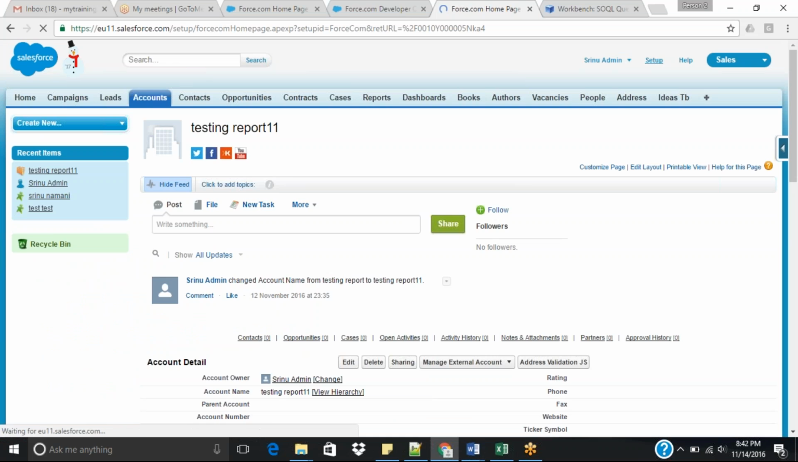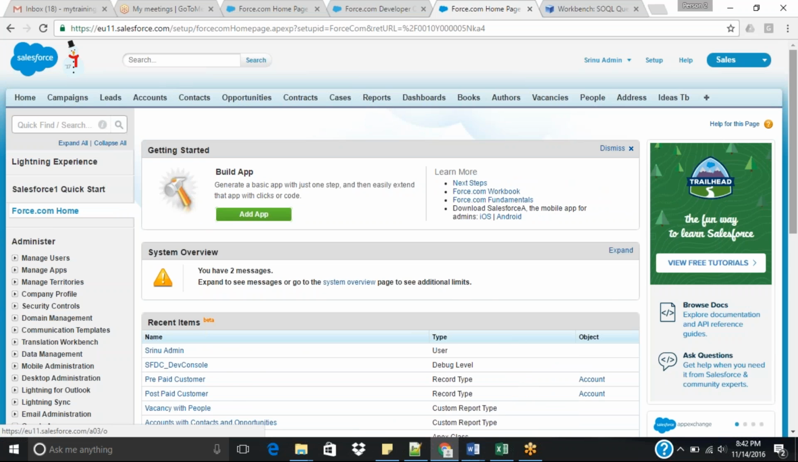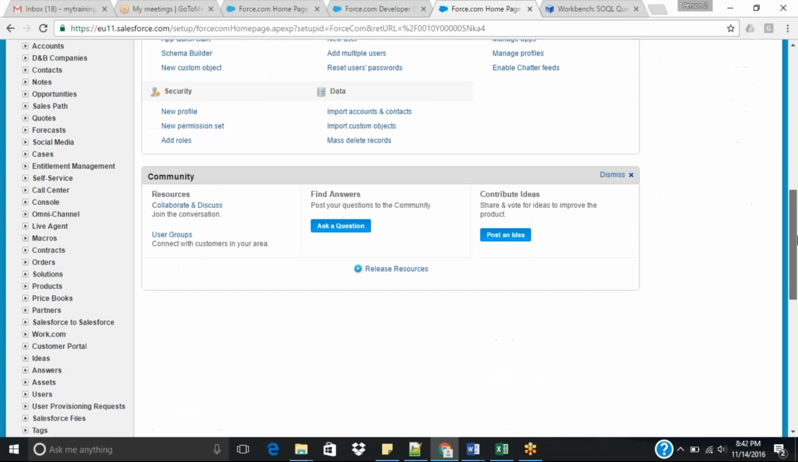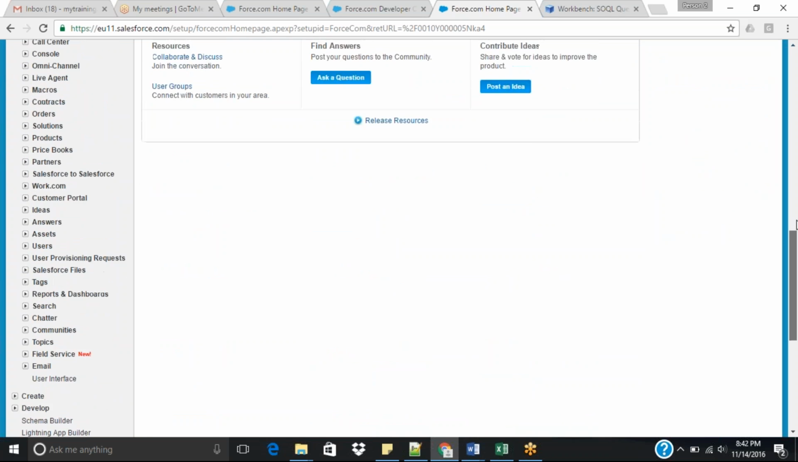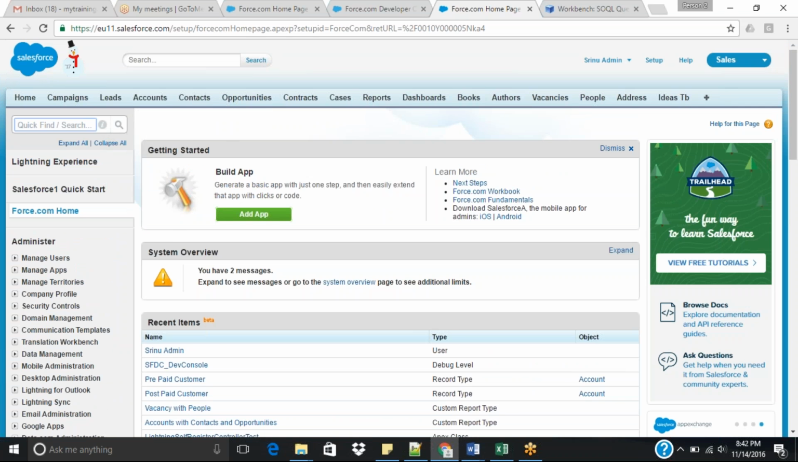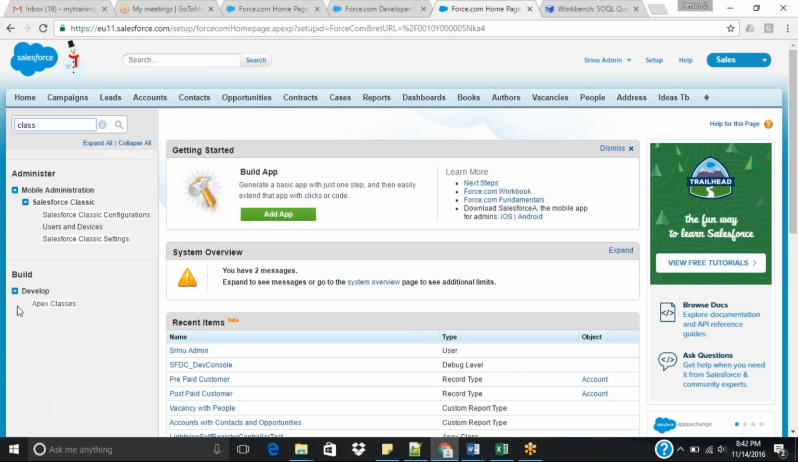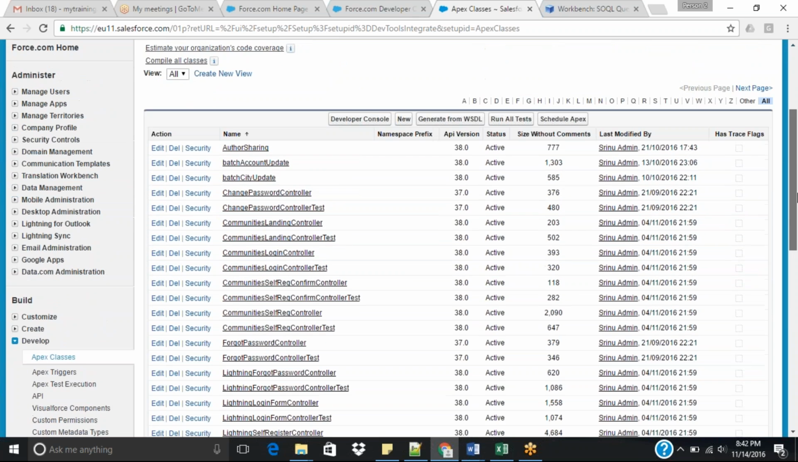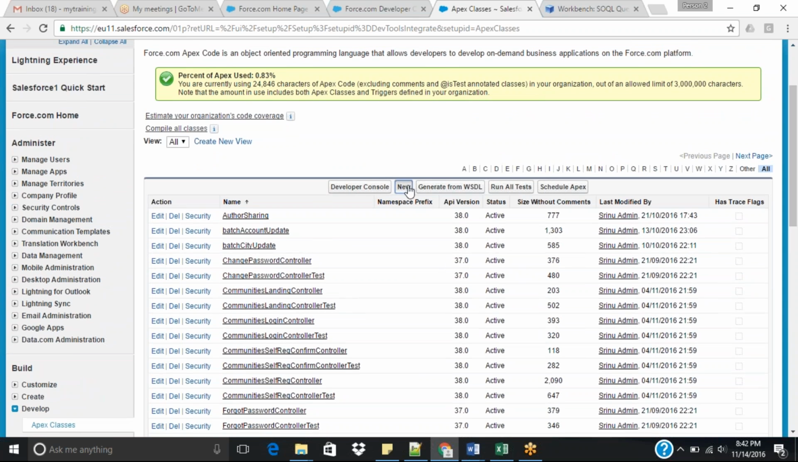Go to setup, customize, or else just go here and type classes. In the develop, you can see in the develop Apex classes, if you click on this, right, so these are all the different classes. Okay, if you click on new,